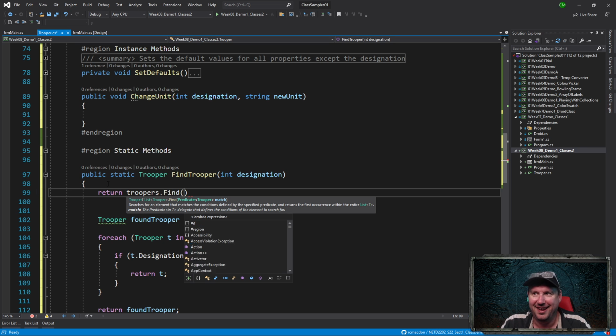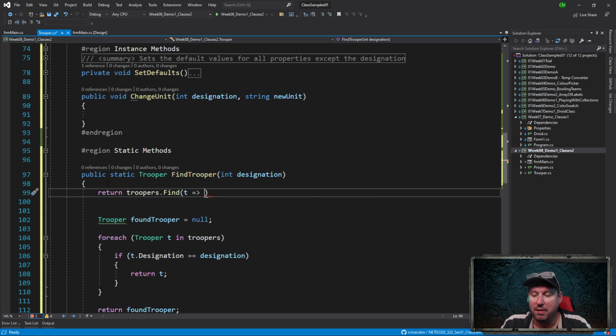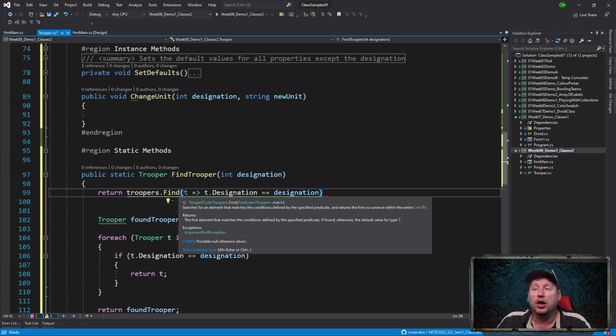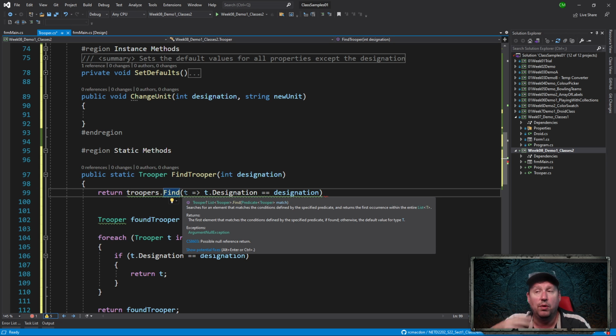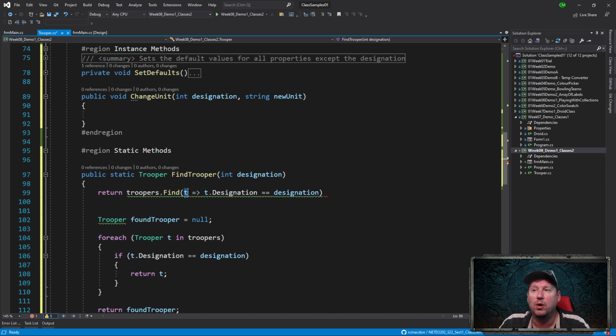troopers.Find, and we can use arrow notation. Arrow notation is something that some of you have maybe run into before. What it means is you're going to use T. The Find will do a foreach statement inside of it. So when you do a Find method, it will do a foreach statement. It will name each one of them T, exactly the same as what I've done right here. And it's going to say